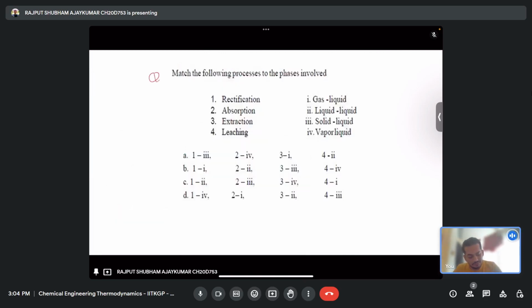These questions can be asked and have been asked most of the times in the GATE as well as NPTEL examinations. Just like I've been saying, different terms like rectifying, stripping, absorption, extraction, leaching. So what does each term specifically mean? The rectifying section has been covered and it is related to a distillation column. So in the distillation column, rectification terms relate to the